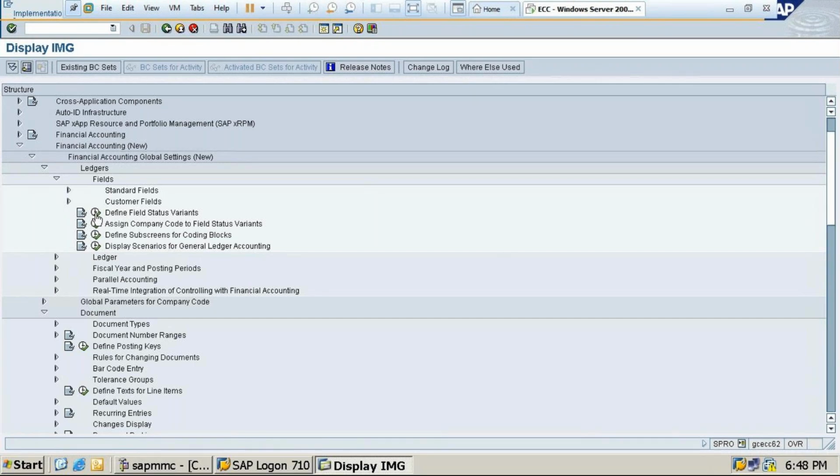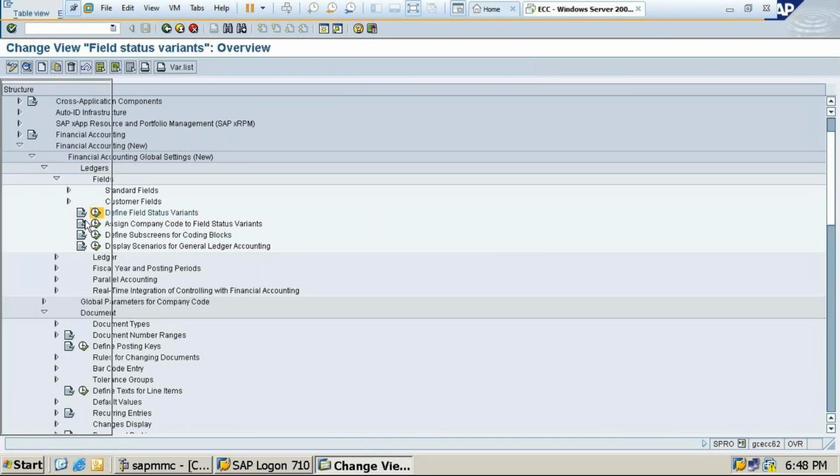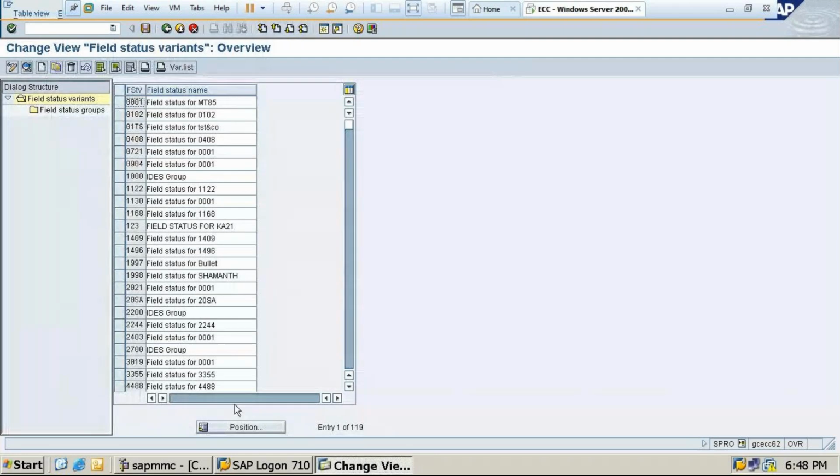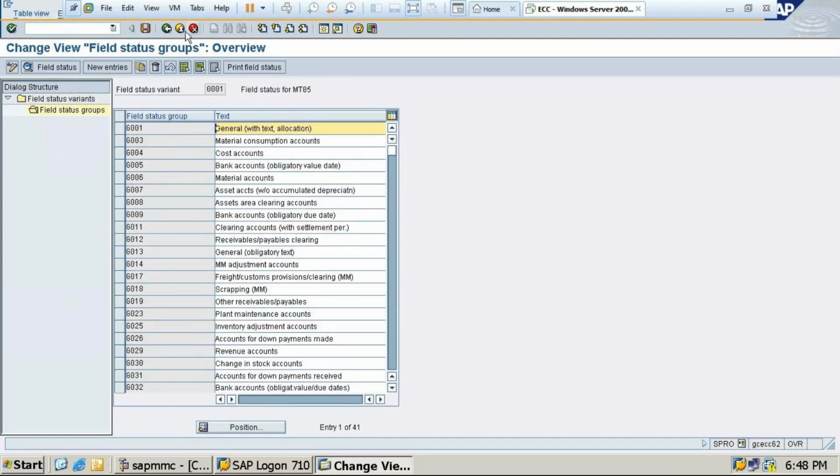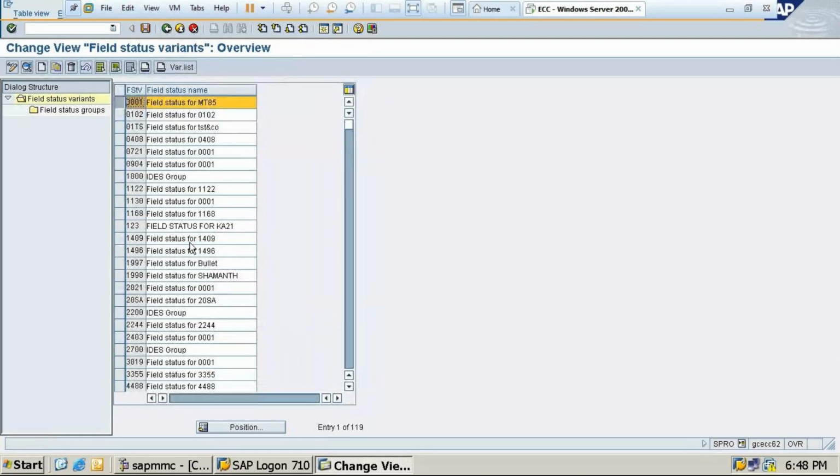Okay, done. Next you click on define field status variant. Once you click on it, you have to select copy 00001. Let me check it is correct or not. Yes, it's correct. You select this by clicking in the box, then click on copy as.